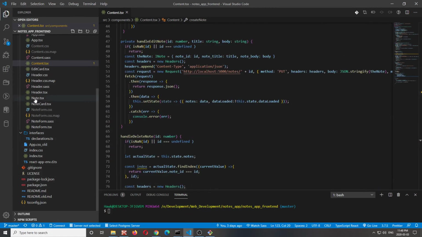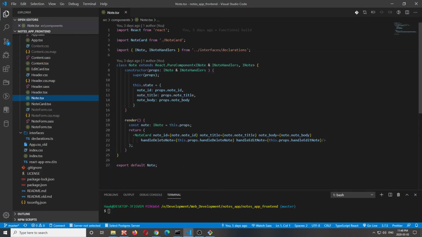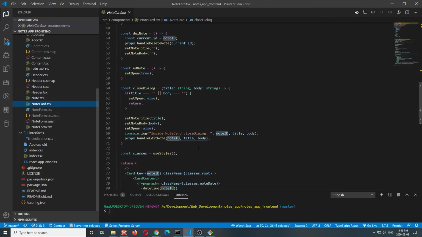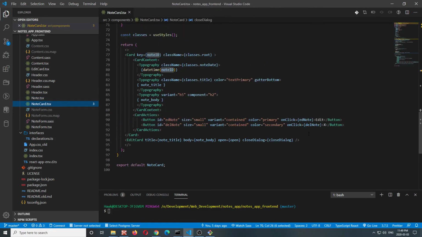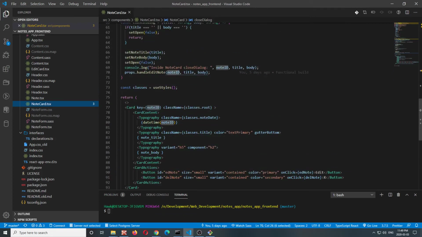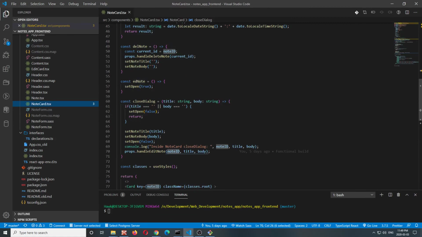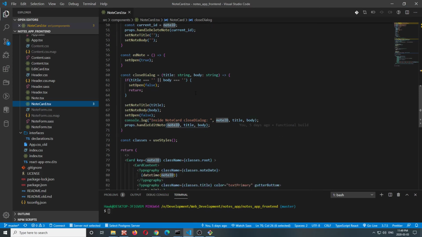So if I go back to node, okay, node is creating a node card inside, and that node card is utilizing two handlers, the add node and del node, and the add node is just opening the dialog, and when you close that dialog with a data, of course, if there is if you